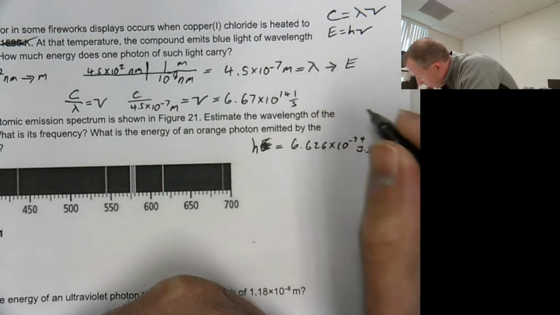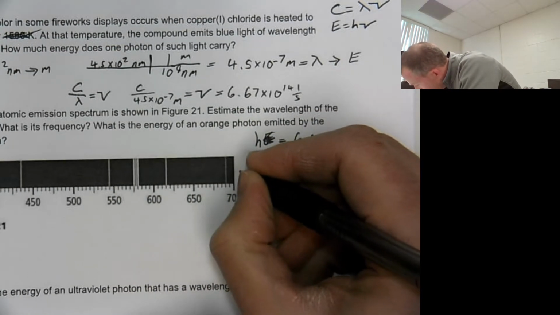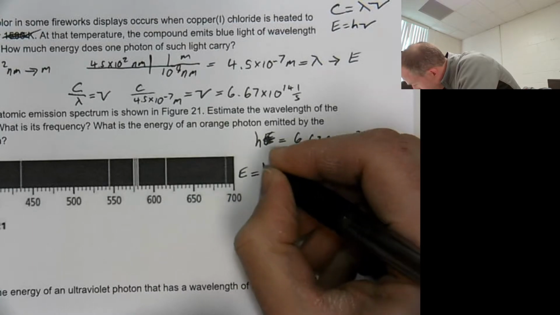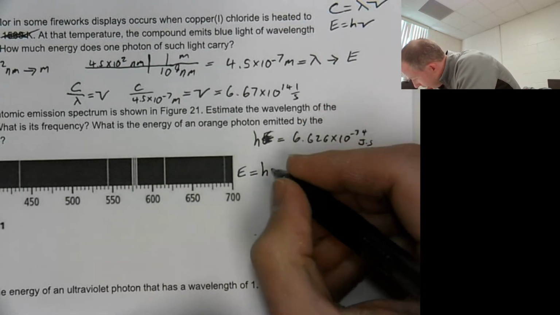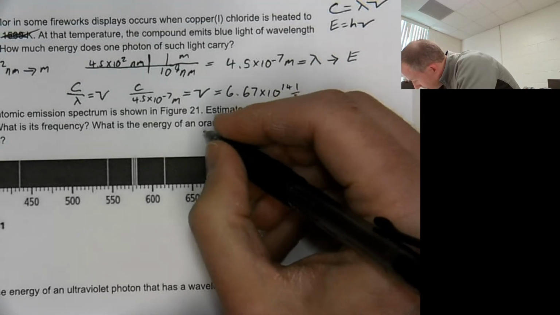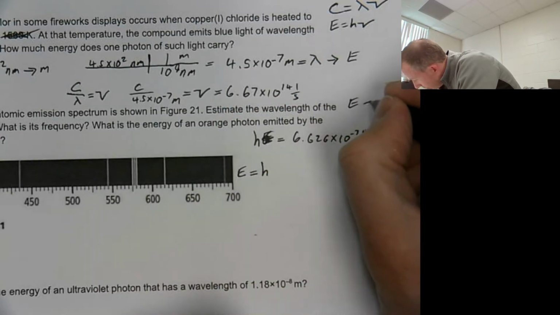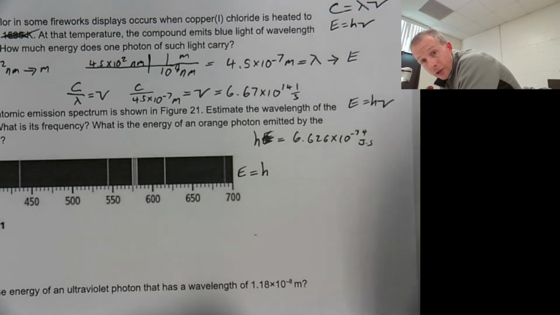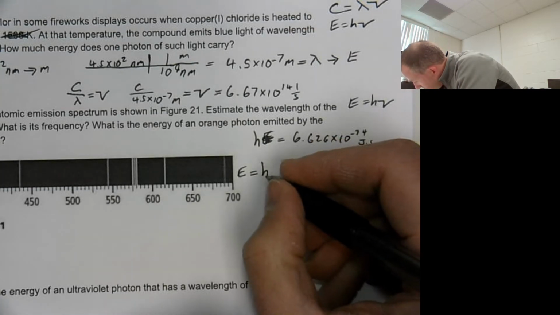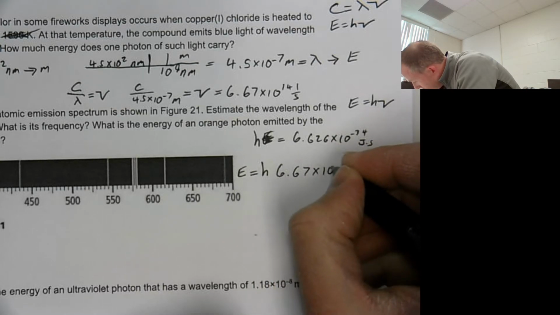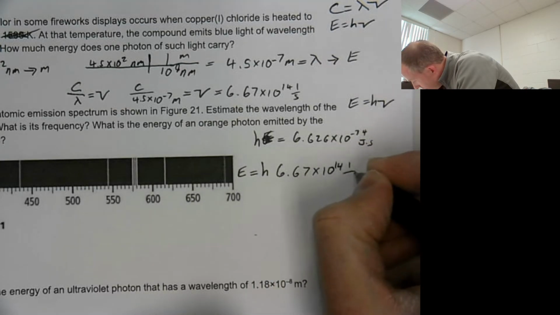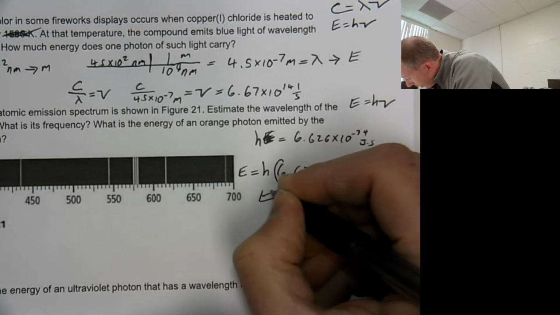I can't write small. That's H. Now our actual formula is going to be equal to E H. I'm just going to write it like that. Remember, this number gets plugged in right there, times our frequency. So our formula is equal to HV. So it's going to be E is equal to H times our frequency, which is 6.67 times 10 to the 14th, 1 over S. So our energy